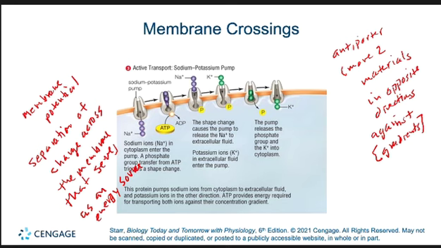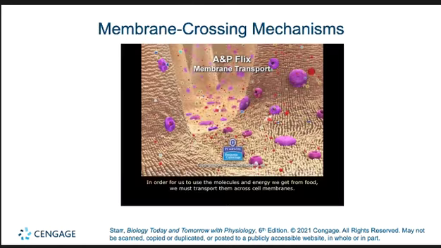Okay, an example of a material that the cell needs to pull in, often against its concentration gradient, is glucose, right? And the sodium-glucose symporter relies on the sodium gradient set up by the sodium-potassium pump in order to pull the glucose into the cell. Okay, so without the sodium-potassium pump using ATP, there would be no way for the cell to grab glucose from outside and pull it in against its concentration gradient. Okay. So let's look at all of these membrane transport mechanisms together.